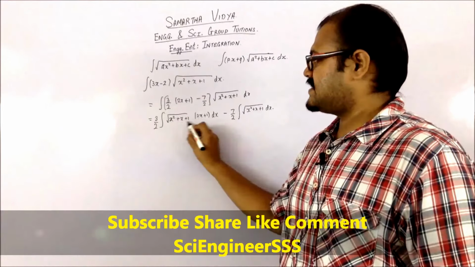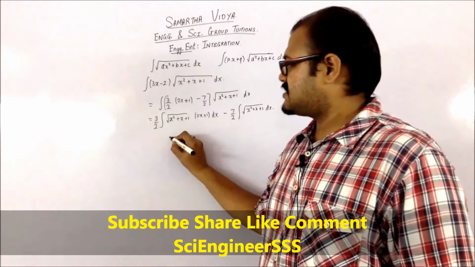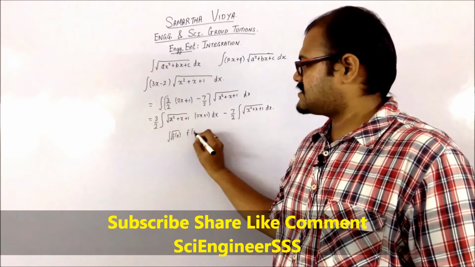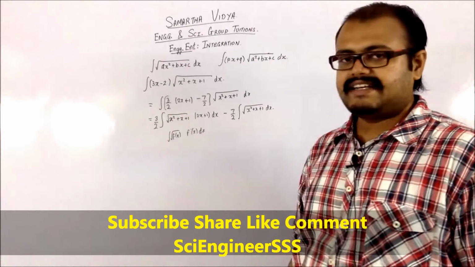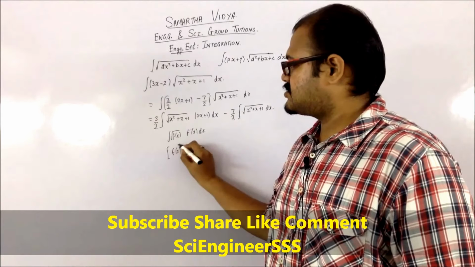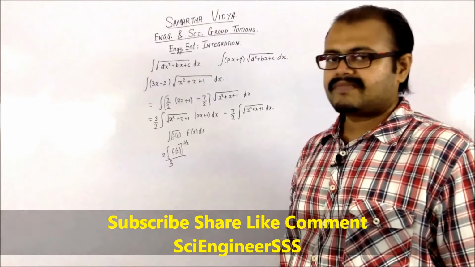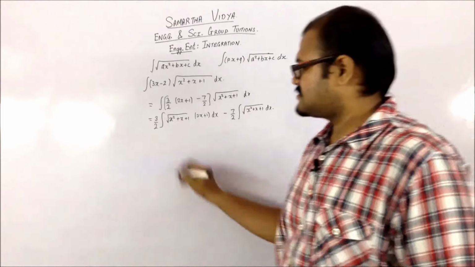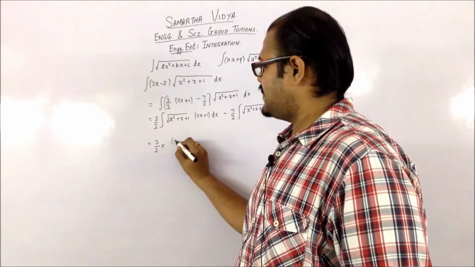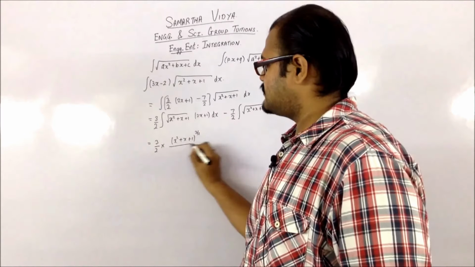What you can see is that you have this function and you have the derivative of it. So basically this comes out to be the integration of root of f of x into f dash of x dx. The integration for this is nothing but f of x raised to 3 by 2 divided by 3 by 2, so that is 2 by 3. So you will be representing this as 3 by 2 into x square plus x plus 1 raised to 3 by 2 divided by 3 by 2.